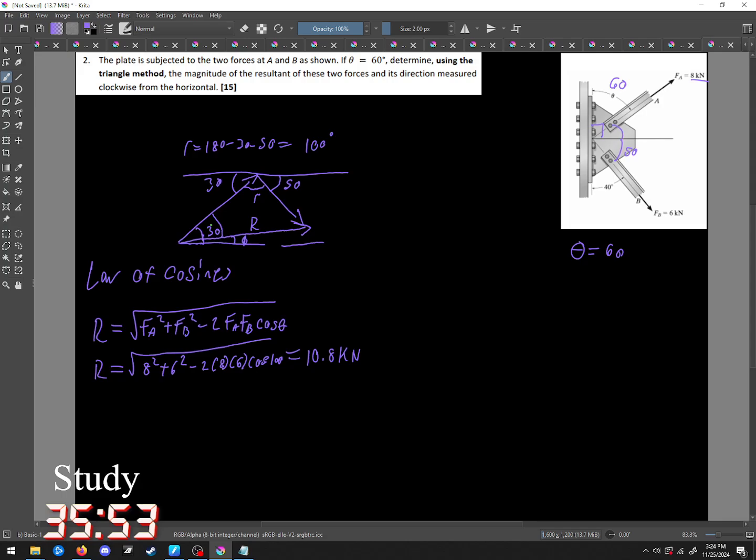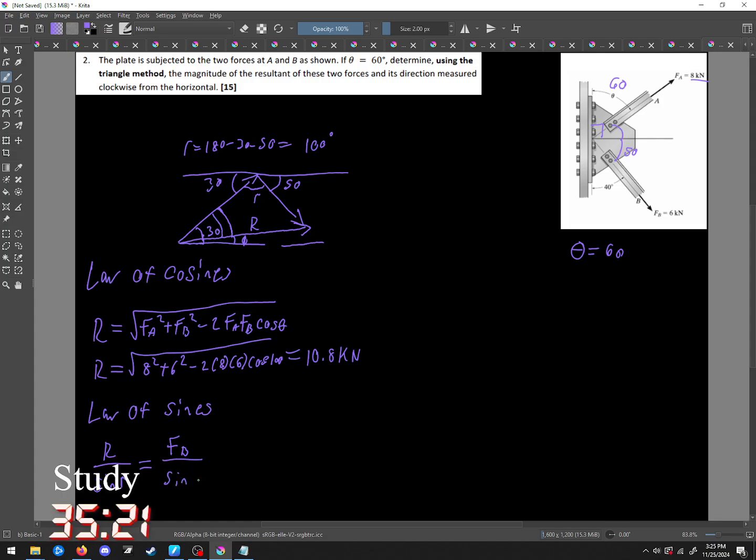So now from this, we use the law of sines to get this angle from vector A to vector R, which is going to be R over the sine of little r equals F B over sine of